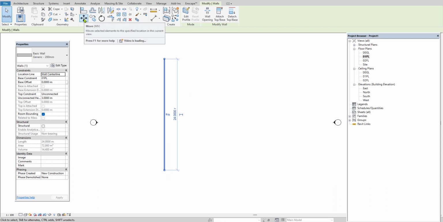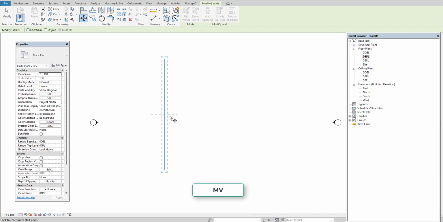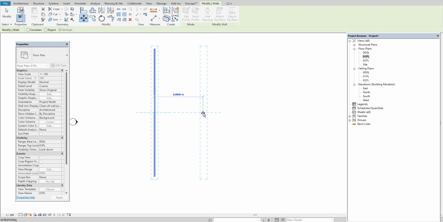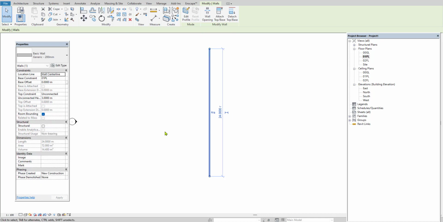So if I want to move this wall to a particular distance, then I take the move command, or else you can go with the short key, that is MV, enter, and then pick the base point, which point you want to pick, and then just move it right or left or up and down in which direction you want. And then here it is asking the distance, whatever the distance you want, then you can give 10, enter, so that the wall moved from the original place to the distance of 10 meter.